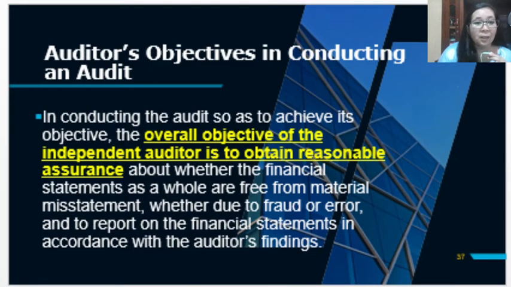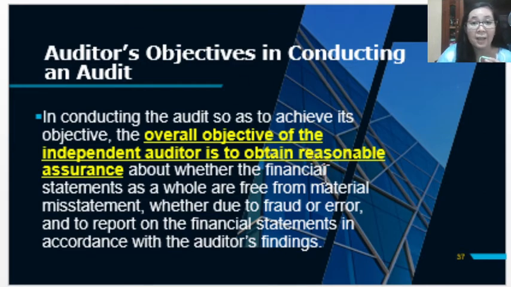So in conducting the audit, so as to achieve its objective of expressing an opinion, the overall objective of the independent auditor is to obtain reasonable assurance. How do we obtain reasonable assurance? This is by gathering, again, appropriate and sufficient audit evidence. So reasonable assurance means